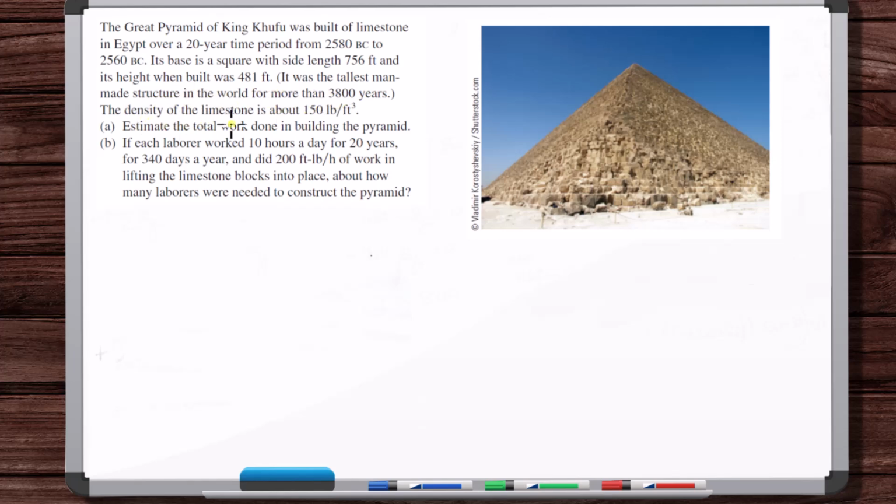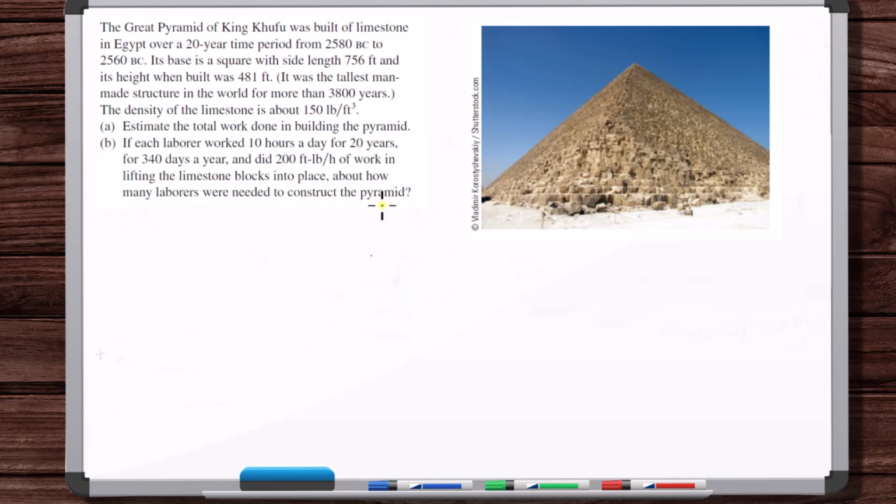The density of the limestone is about 150 pounds per cubic foot. A, estimate the total work done in building the pyramid. And then B, if each laborer worked 10 hours a day for 20 years, for 340 days a year, and did 200 foot-pounds per hour of work in lifting the limestone blocks into place, about how many laborers were needed